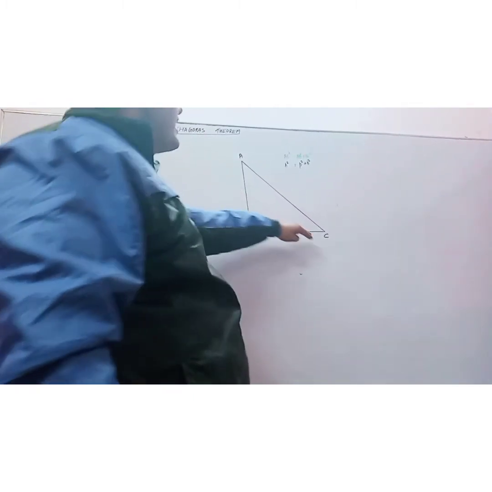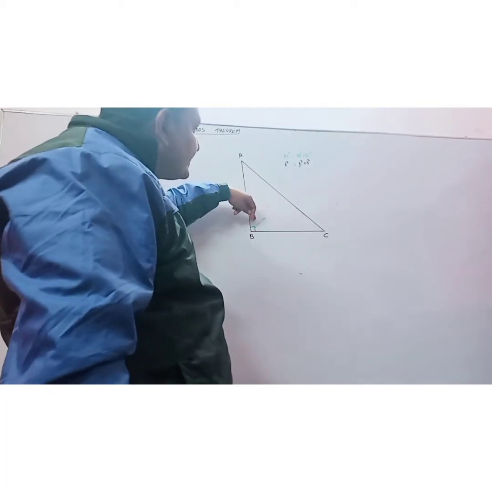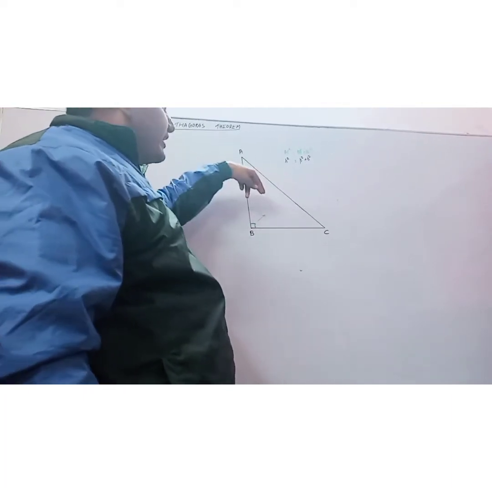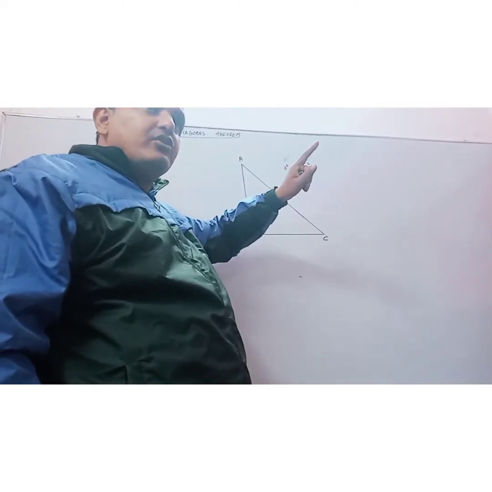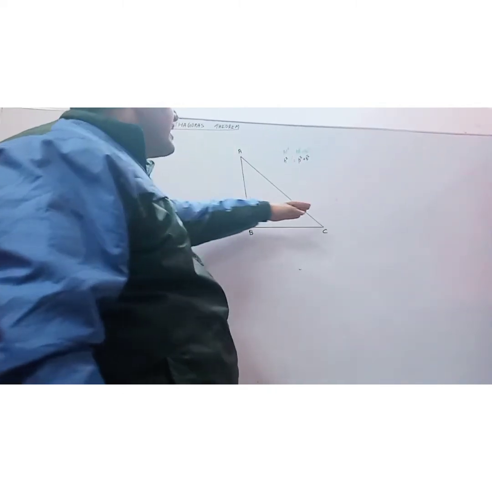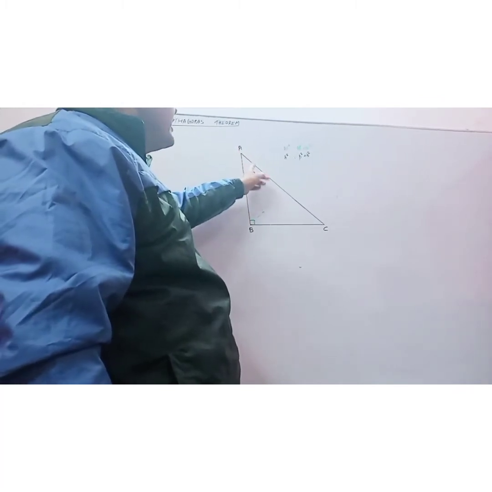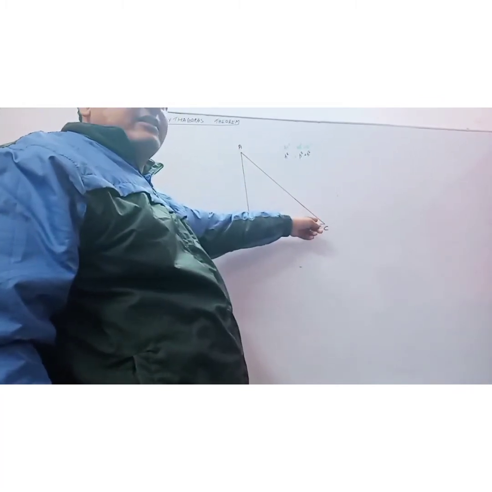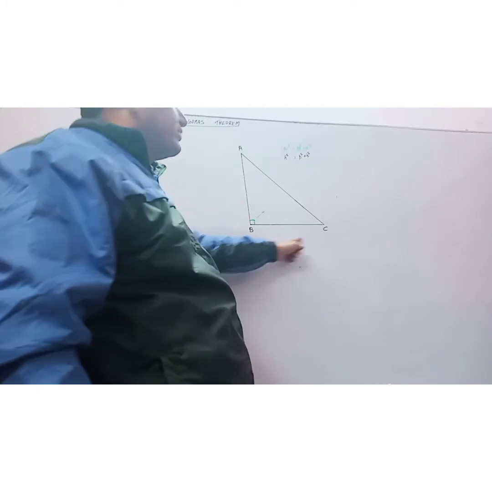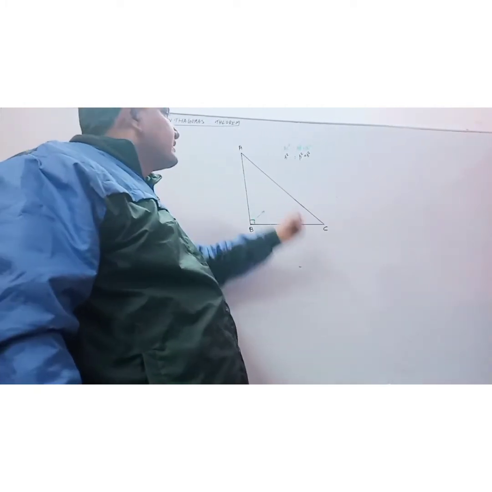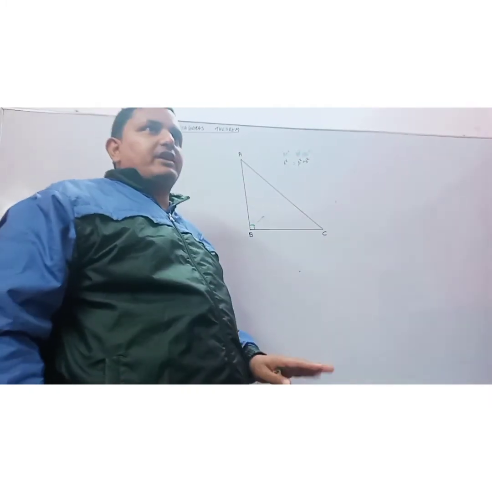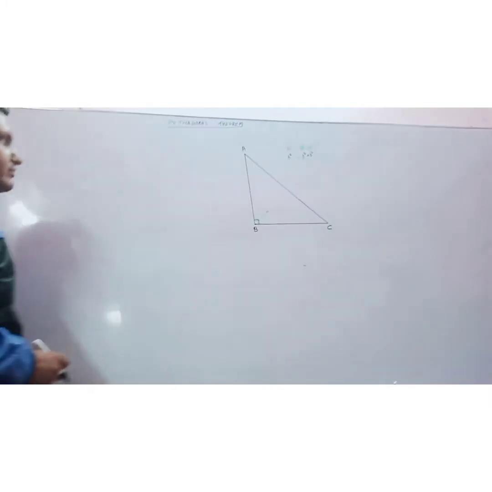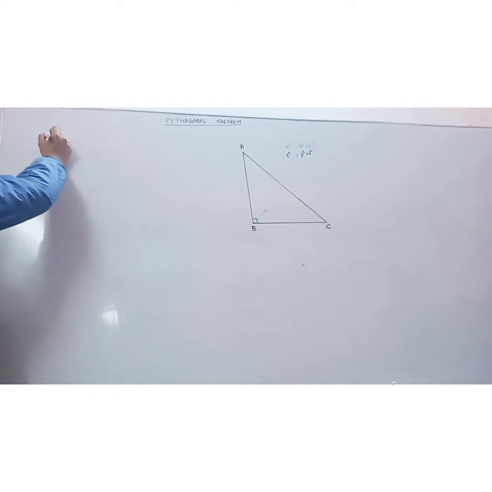First one, I am repeating. In a right angle triangle, the side opposite to the right angle is what? It is the longest side, the hypotenuse. So we can say in a right angle triangle, prove that the square of the longest side is equal to the sum of the squares of the other two sides, or the square of the hypotenuse is equal to the sum of the squares of the other two sides. I will mention what the theorem is. Now let us proceed to the proof.